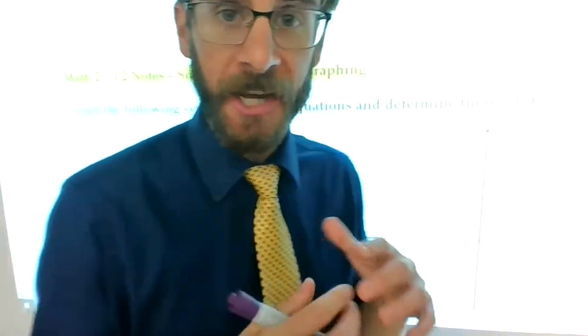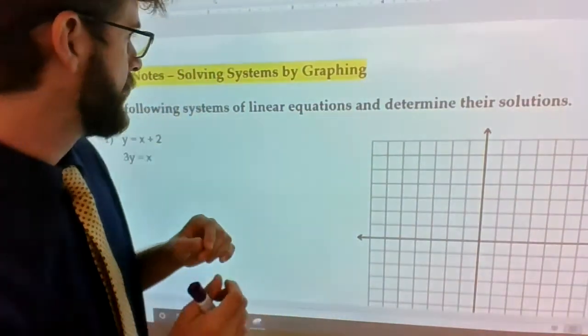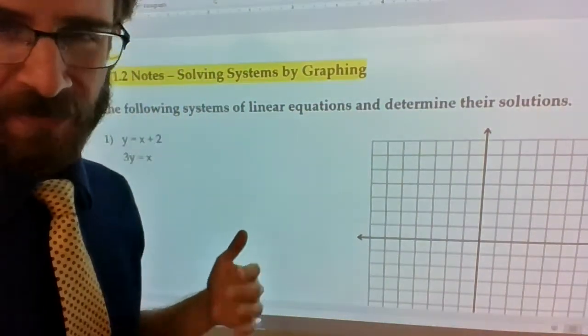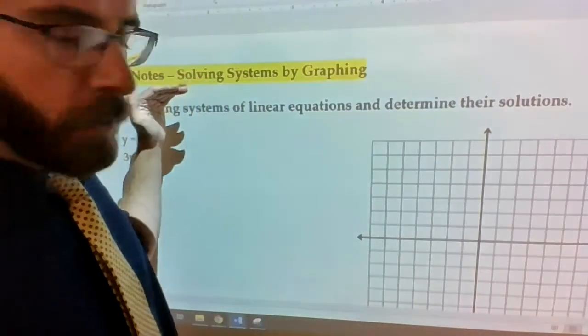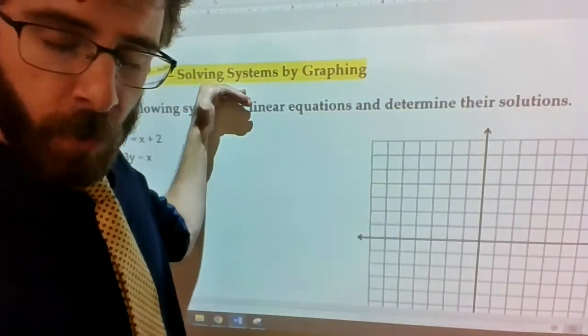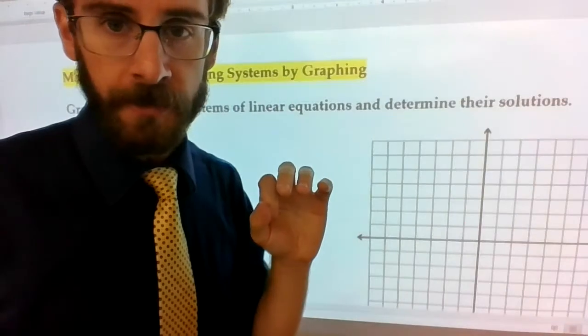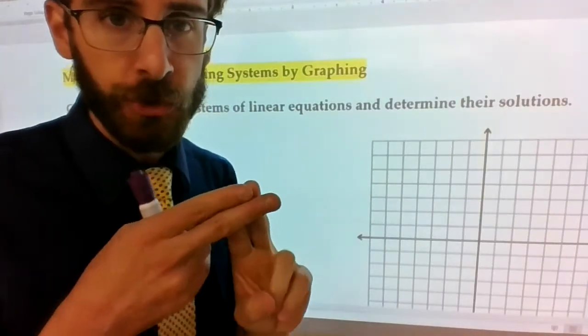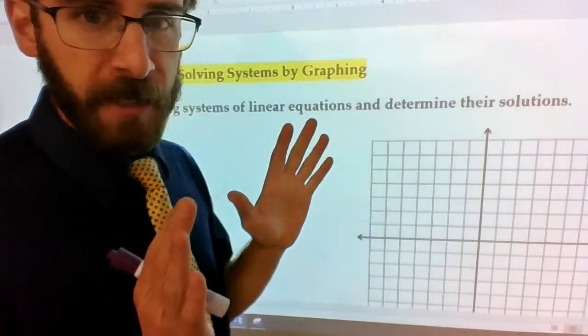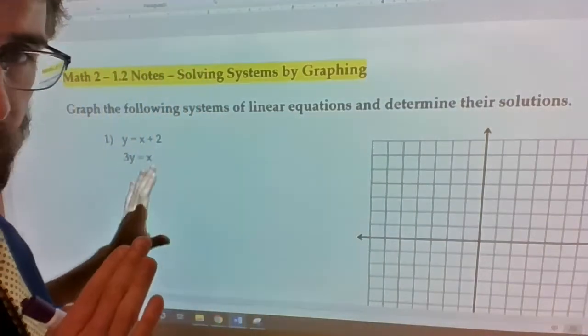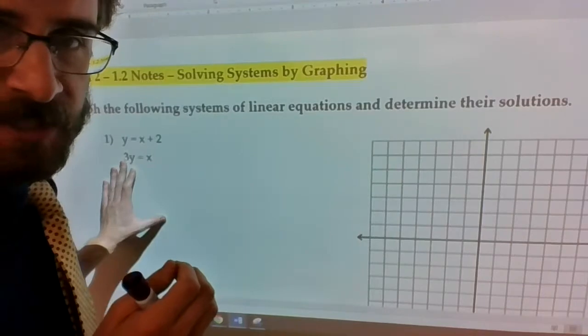We are graphing not just single linear equations, but actual systems of equations. This is pretty much the whole reason for this first chapter: we are going to show how systems of equations can be solved three different ways: by graphing, by substitution method, and by elimination method. So graphing just means we are going to graph both of these lines and find their intersecting point to determine